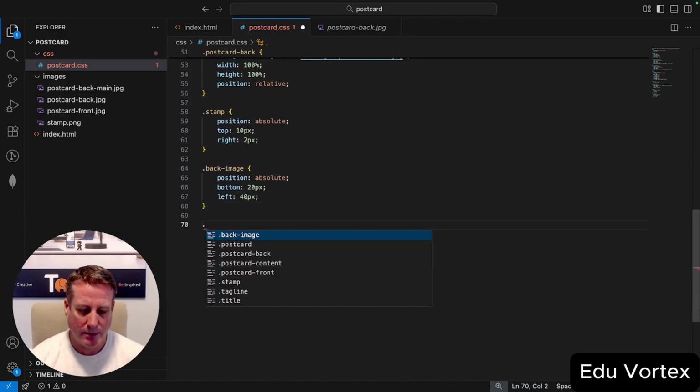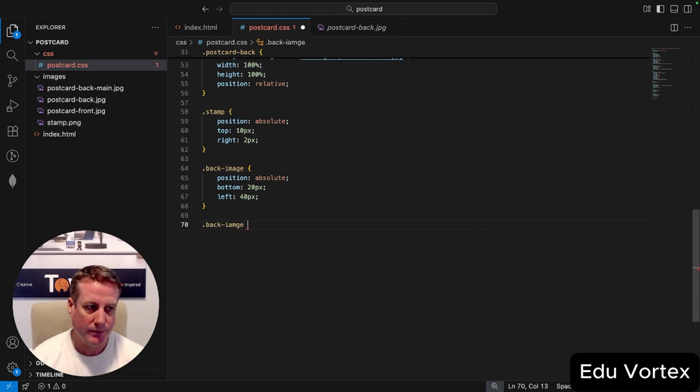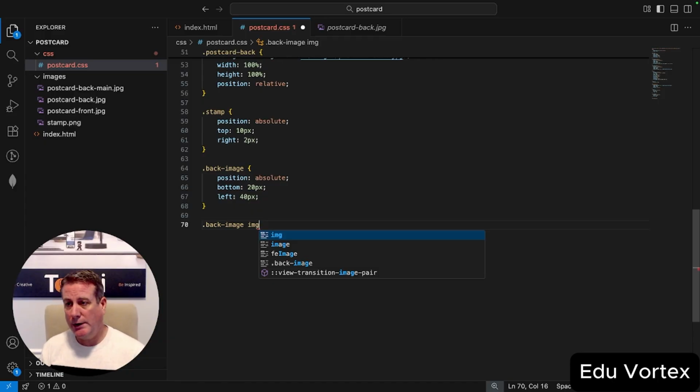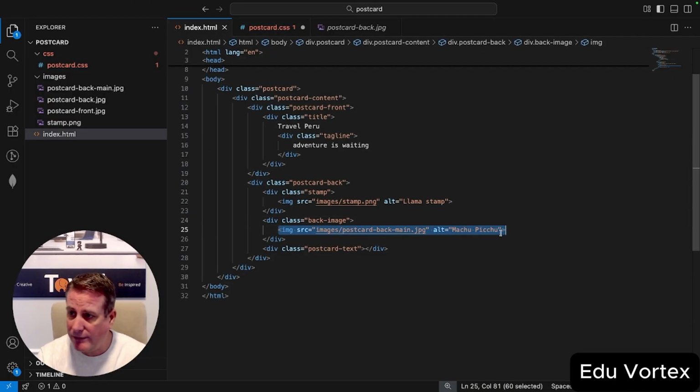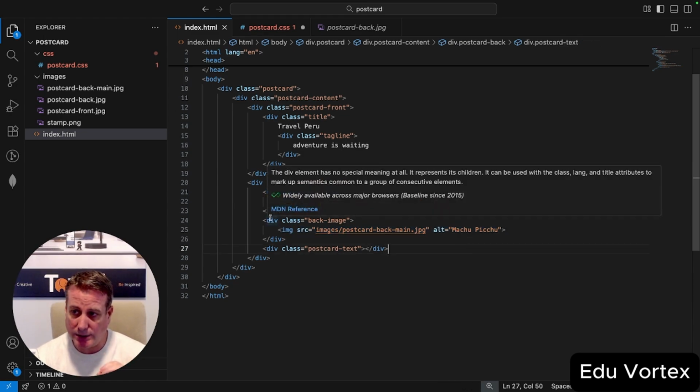So we're going to go back to the image, and then we're just going to reference the image tag. This is one way to do it, and again, I could do this in other ways. I could give this image tag, this one right here, a class, and I could just give some CSS styling to that class. That would totally work. But what I wanted to show you is that you can also do CSS through